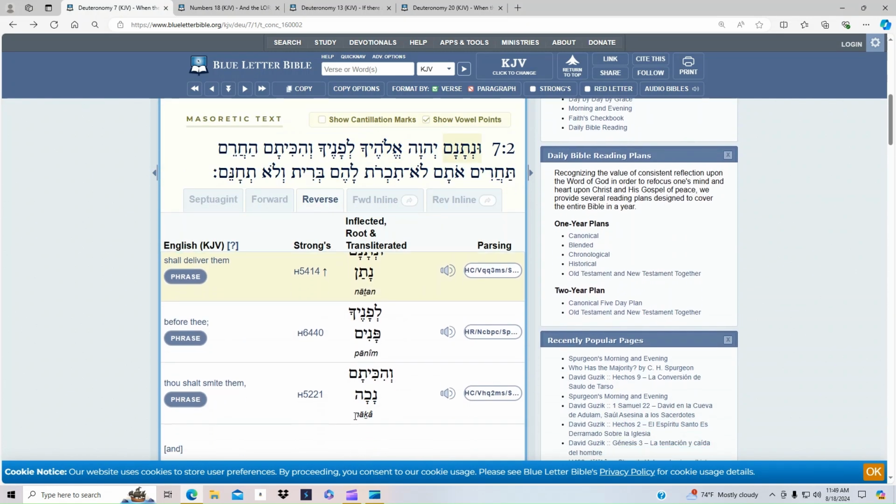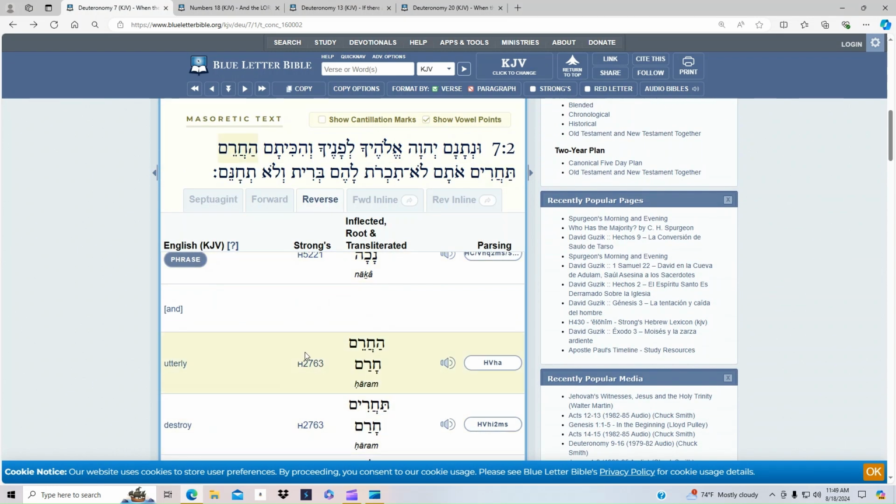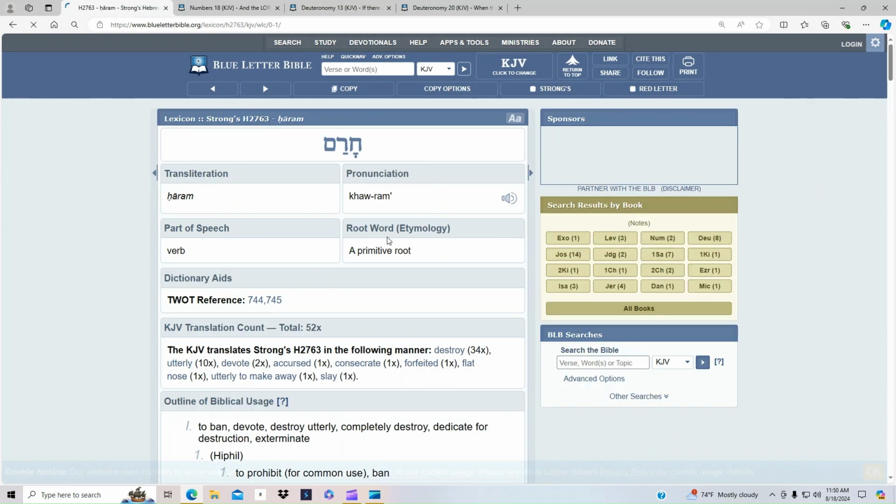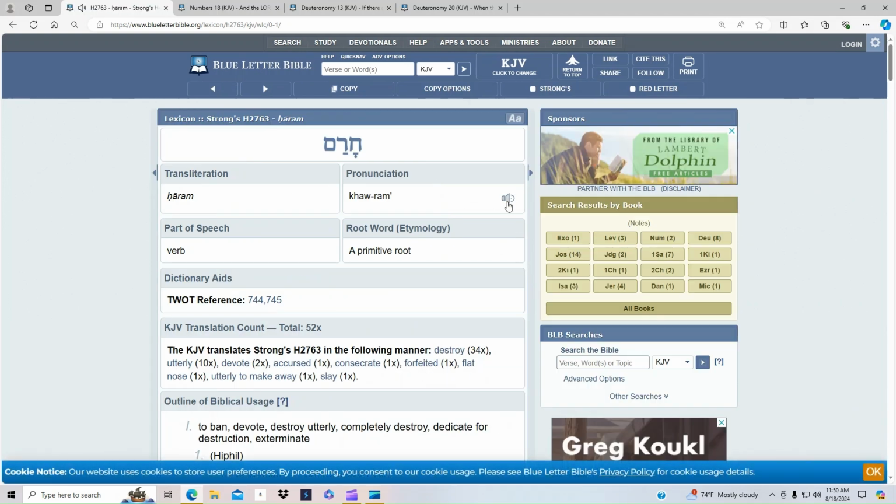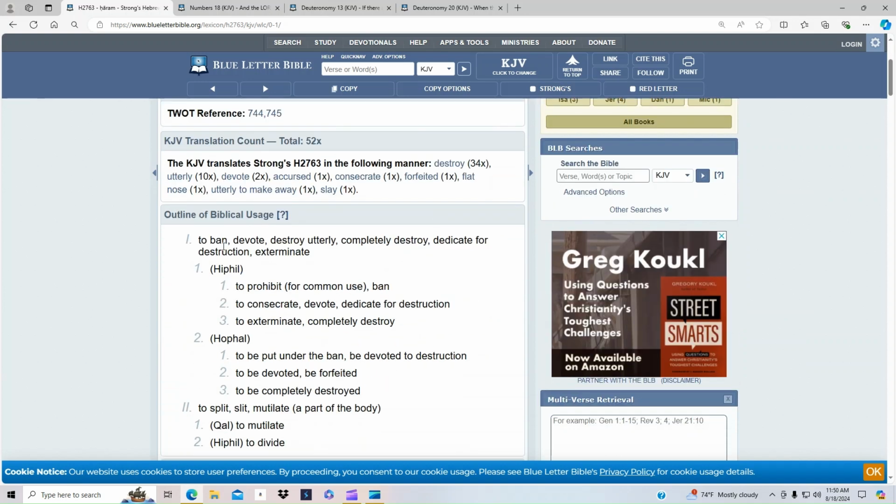Okay, so we're going to get to "utterly destroyed," and that's where we see our word. Strong's H2763. Haram. Okay, so we see this as to ban, devote, destroy utterly, completely destroy, dedicate for destruction, exterminate, to prohibit for common use or ban, which would make sense